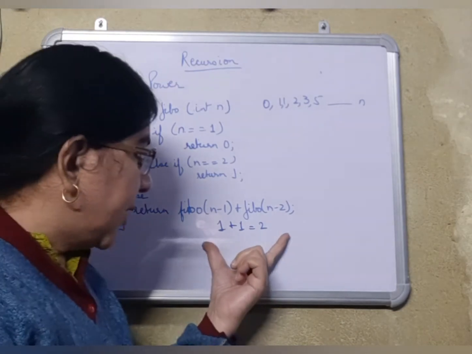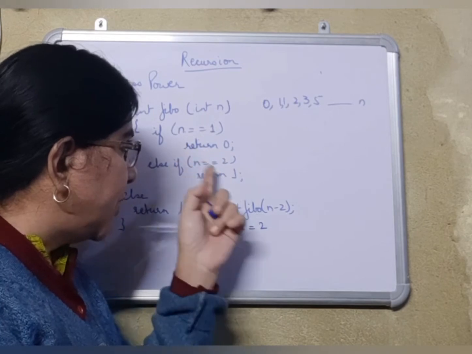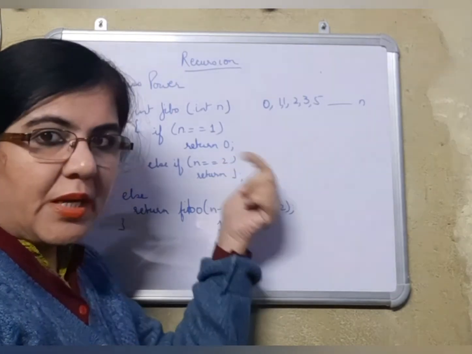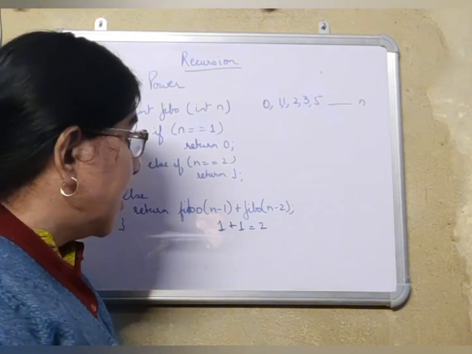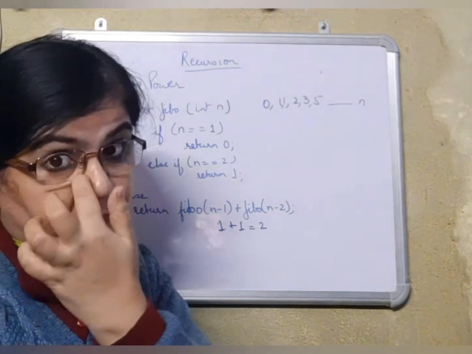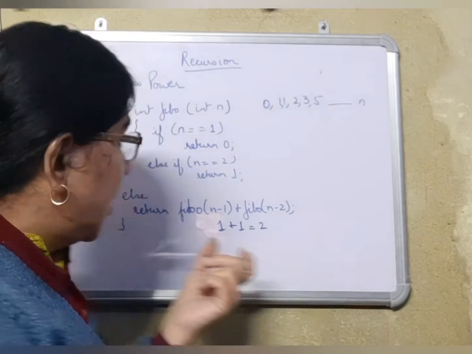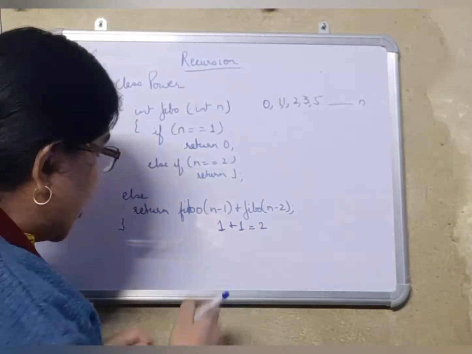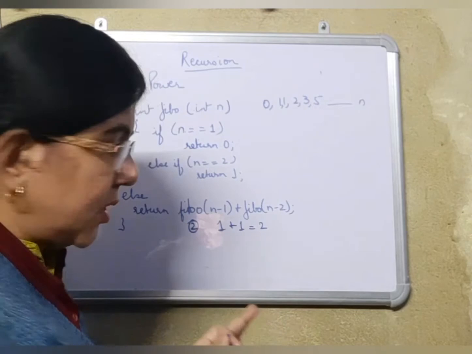Right? That means Fibo n minus 1 will keep on calling itself till one of these cases is true. And then Fibo n minus 2 will be called and it will keep on calling itself till any of the cases is returned. Now suppose 5 is being given. Let's see that also. 5 minus 1 is 4. For 4, what did we get as an answer over here? 2. Because you already know that 2 has been generated. So you will keep here 2. You need not work hard again because till 4 you have got the answers.